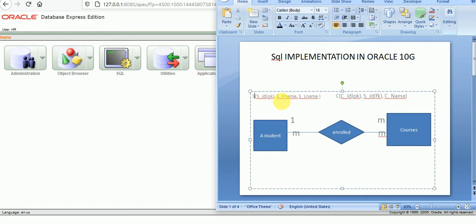Okay, and then we are taking another parameter, student first name, or you can say simply first name, and then another one is last name. Okay, and for the courses we are considering course ID, which is a primary key of the courses, and